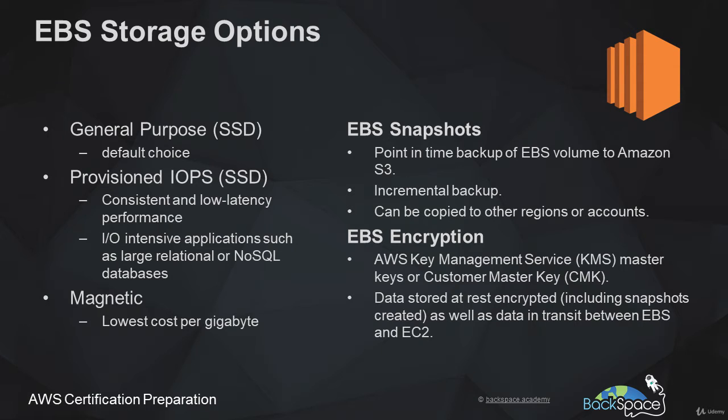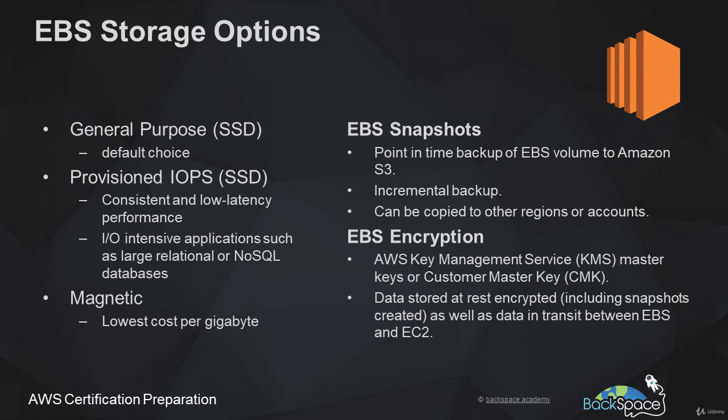EBS snapshots. You can do point-in-time backups of your EBS volumes to Amazon S3. And they're incremental backups. So as you keep backing up, it's not going to back up the entire EBS volume. It will only back up what has been changed from previous backups. You can also take those EBS snapshots and copy them to other regions or even other AWS accounts. And also with EBS, you can encrypt your data at rest,